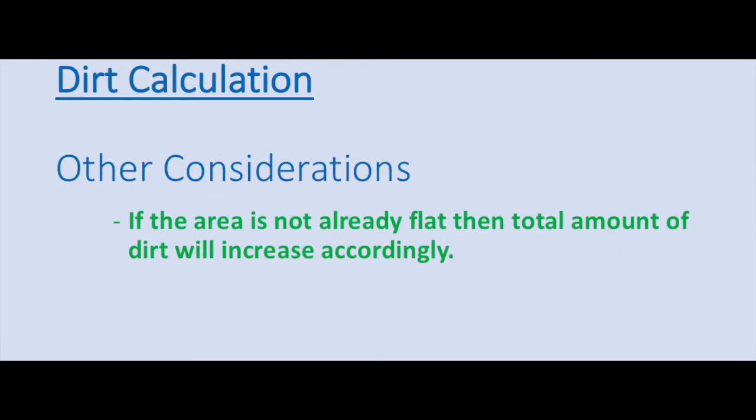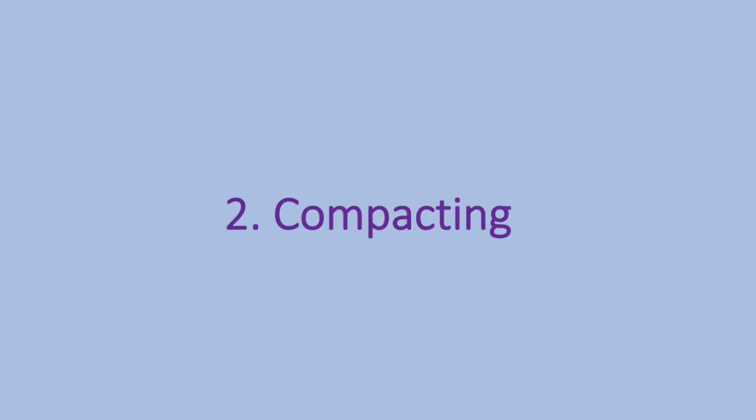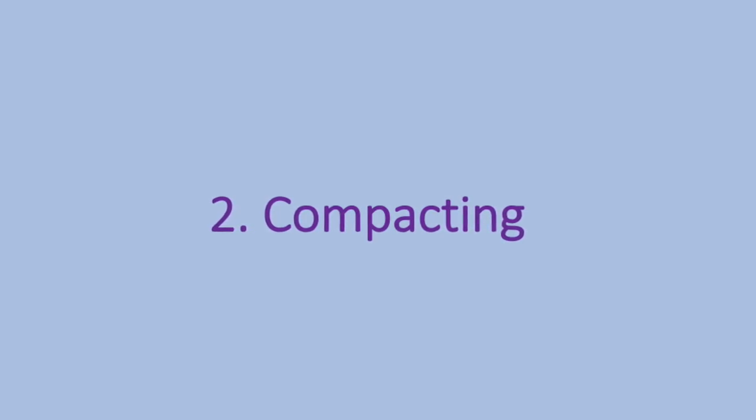And the next thing is that if your ground is already not leveled, if suppose there is an up and down, then you have to calculate that accordingly to find out how much extra dirt you might need to remove. Compacting is a relatively simple exercise in this whole thing, and you need to compact very often. So as soon as the hole is dug, you compact one round. So I compacted one round